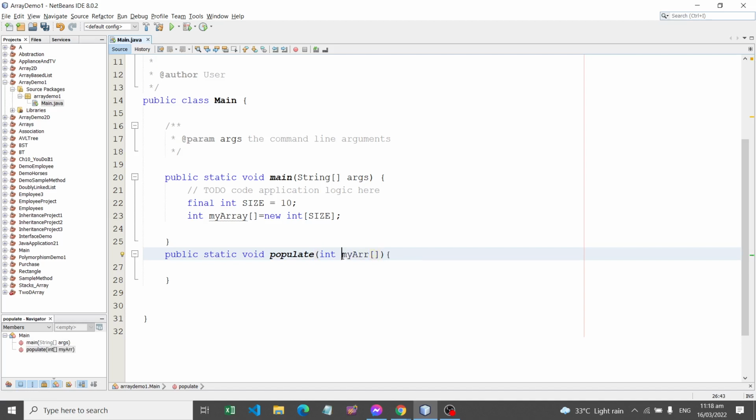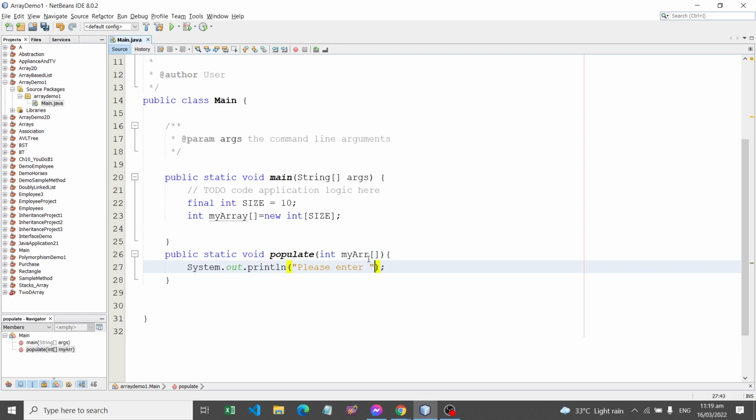So this will receive the array being passed upon calling it in the main method. And what we are going to do here is ask the user to enter how many numbers. Say for example, please enter how many numbers for our array, and we can determine that